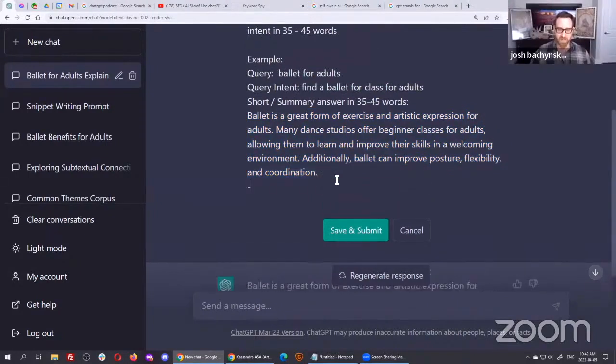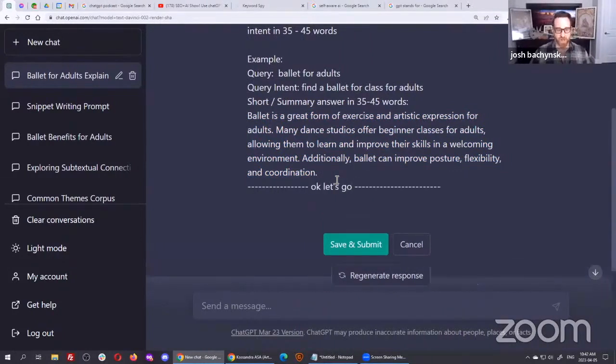Then I go like this. Then I go, okay, let's go. And I give it a line so it kind of knows that we're going now. And I'm going to give it a query. So let's give it a different query. So let's give it self-aware AI, and see if it comes up with the query intent, and sees if it comes up with a short summary in 35 words or less. And also, you notice how I reinforced 35 to 45 words here and here in 2 spaces? If you reinforce it, it has a much better chance of doing it. So if I say save submit,